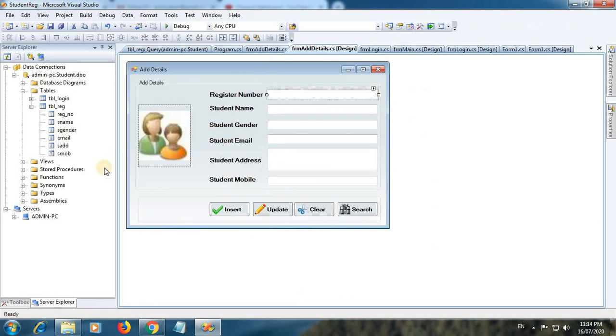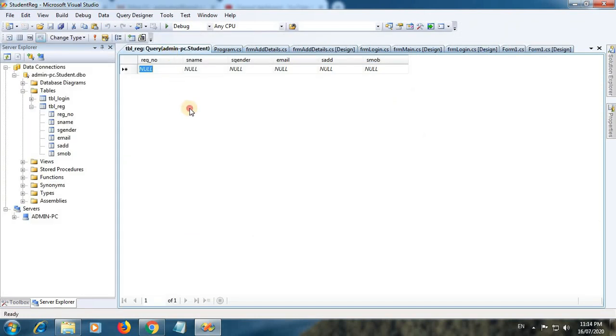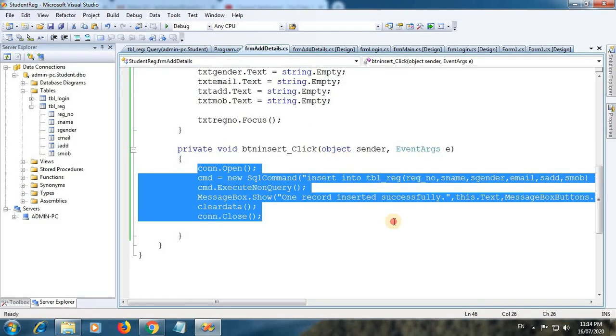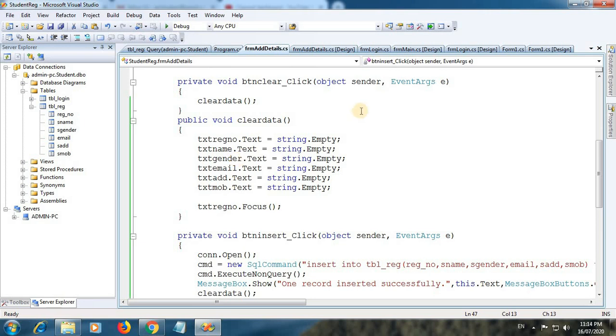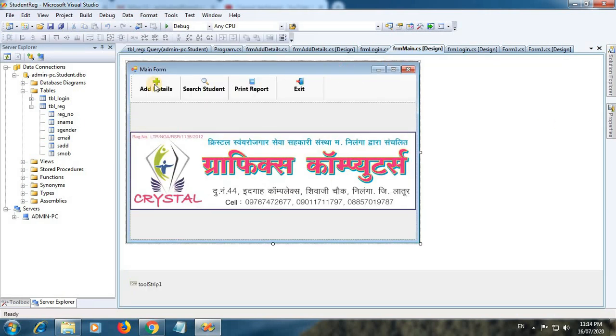After closing the form, I go to our database. Okay, so this is our table, and let's check. I'm just executing this query and checking. This is our data. Okay, so this is the data present in our table. So in this way you can add data into a table. Okay, so going to the main form, and after clicking the add detail button,